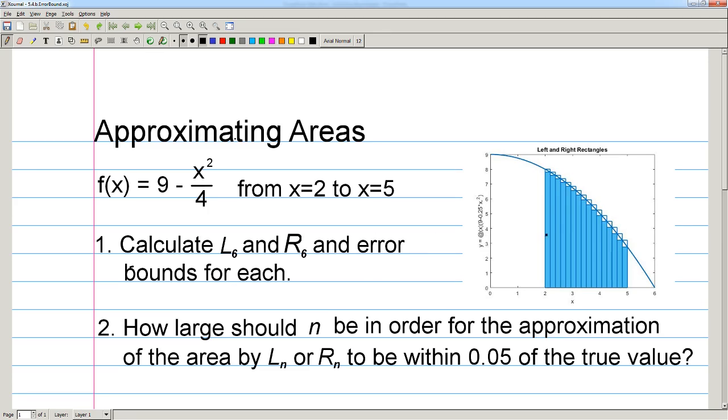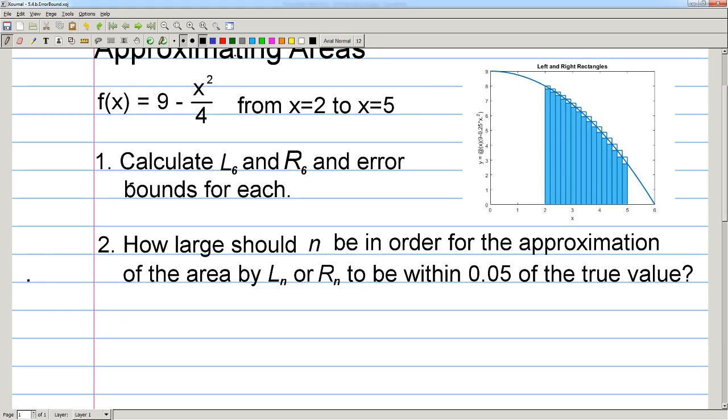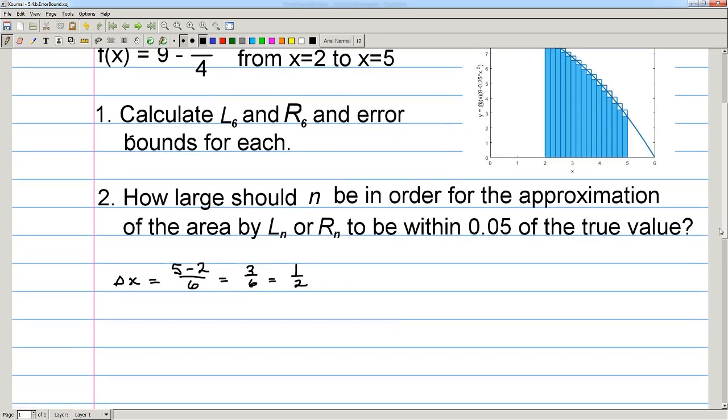All right, so if we want to divide the interval from 2 to 5 into 6 equal intervals on the x-axis, then our base is going to have the size 5 minus 2 over 6, because we want 6 of them. That's 3/6, and that gives us a delta x, or base, of 1/2. Okay, so let's calculate the left sum. We're going to take 6 equally spaced values on the left-hand side of these rectangles,